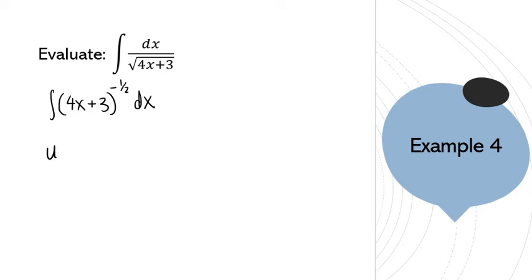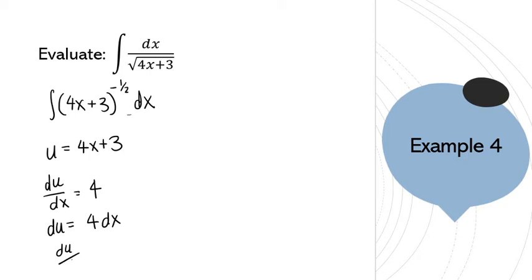Let's make u 4x plus 3, which means du dx is 4. And lots of steps right now just to try and keep it clear. If I rearrange, I get du equals 4 dx. I don't have 4 dx, I have just dx. But if I move the 4 over to the left side again, like I did last time, I can have du over 4 is equal to dx. And I can sub